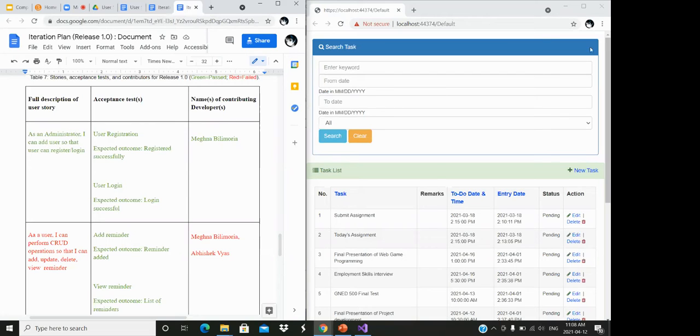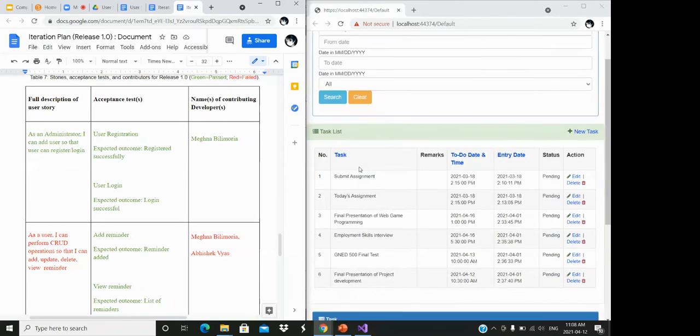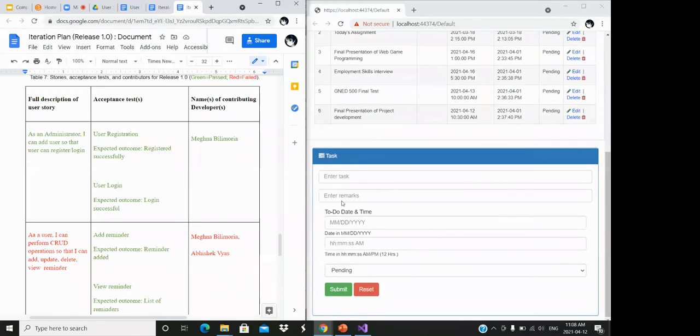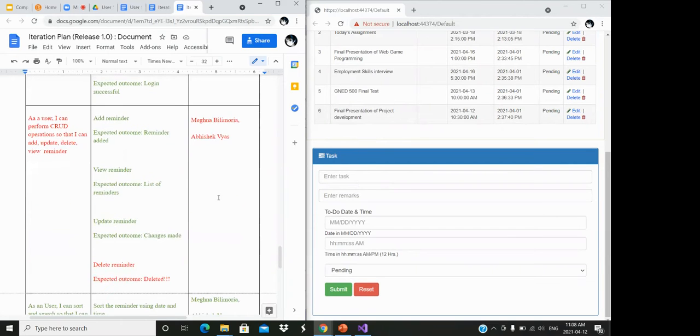This one is our system. You can see that there are different modules available, like to search the task, to get every task list over there, and after that we can just add a task over here. So the first user story failed